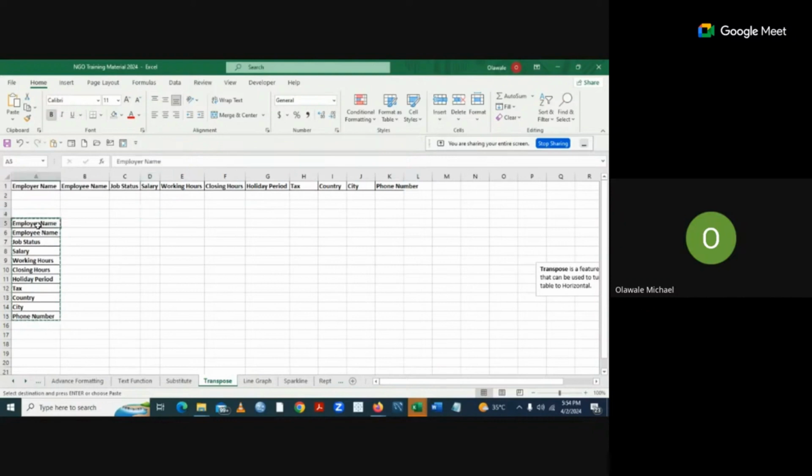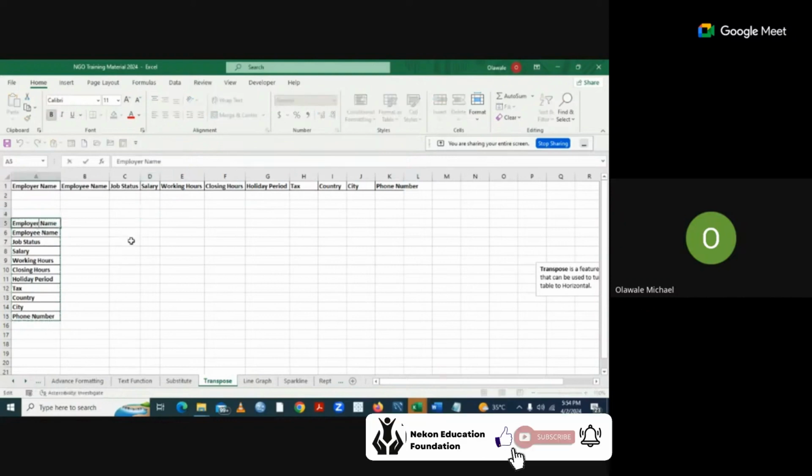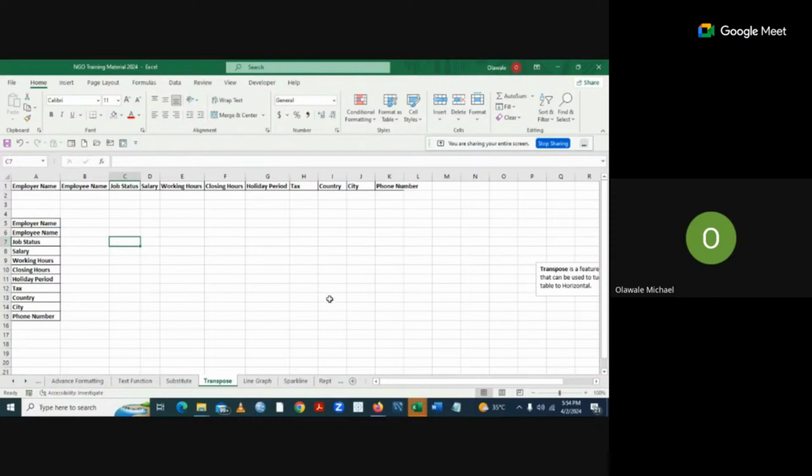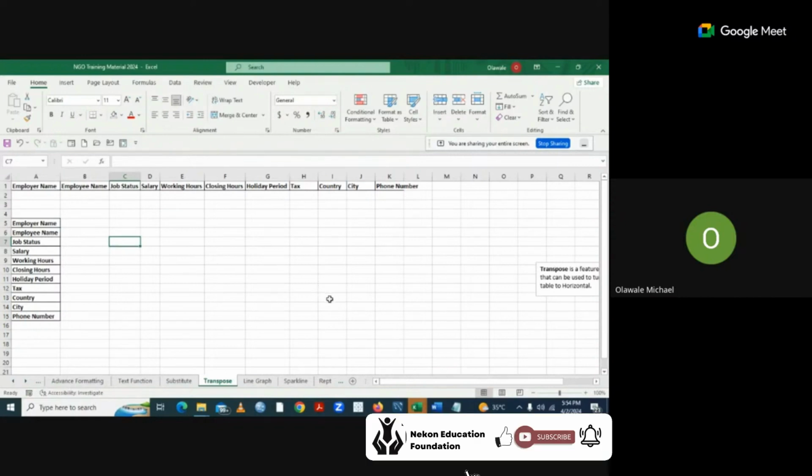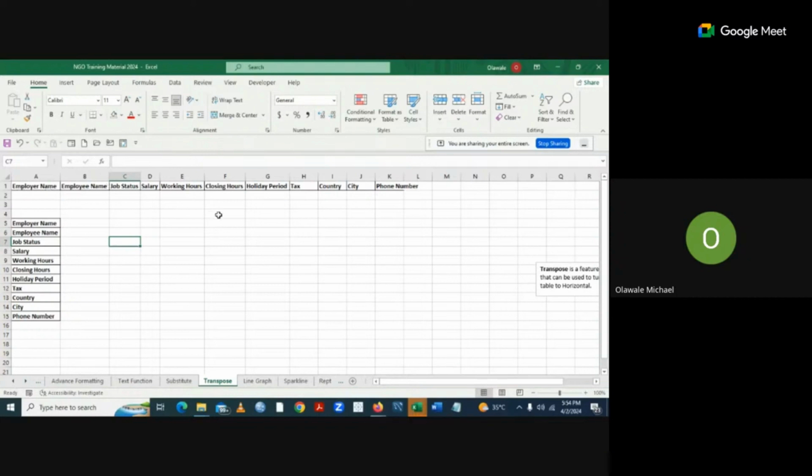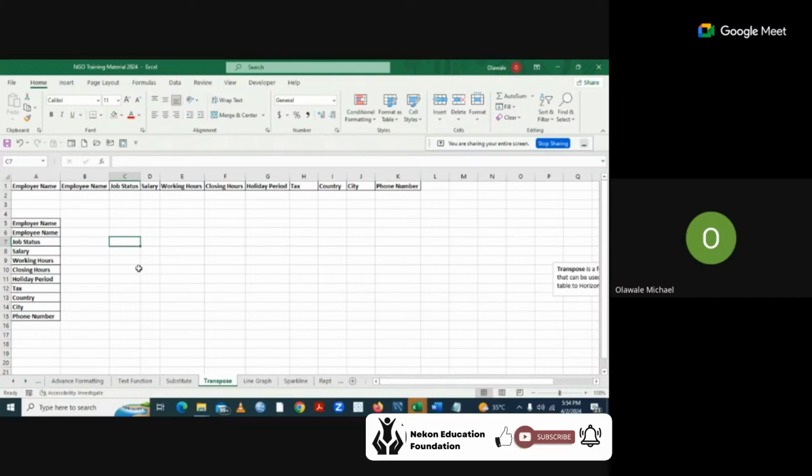So now I've been able to use transpose method to populate column A to column K, and then you can just delete this table because